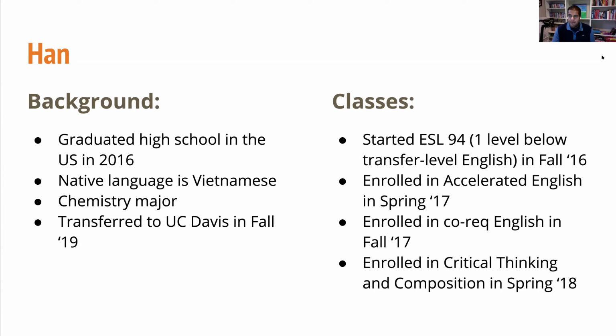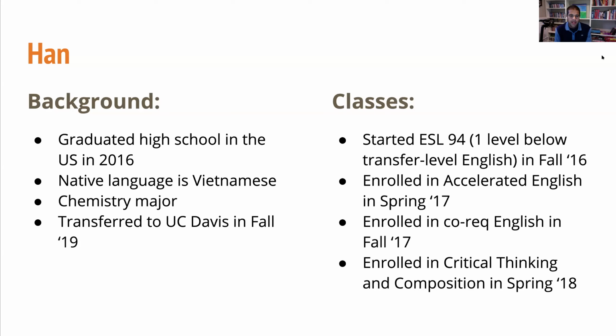And then from that class, she enrolled in accelerated English. So she was in my integrated skills class. And at the end of that class, through a portfolio assessment, I recommended that she go directly to transfer level English, but she chose to under enroll and take our accelerated English class. We actually interviewed her for a presentation that Melissa and I did some years back. And one of the things that she said is, I felt like I was possibly ready to go to transfer level English, but I didn't think I was ready to go to that class and for sure be able to get an A, right?